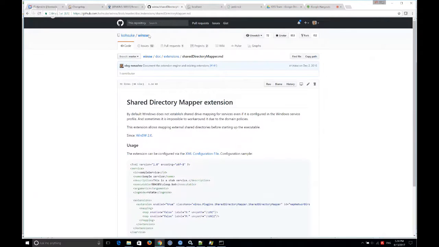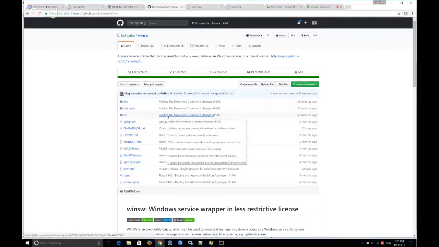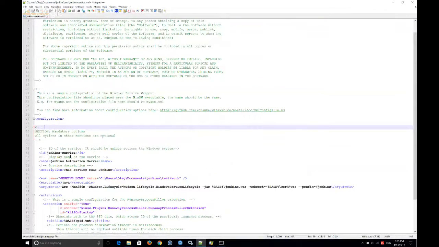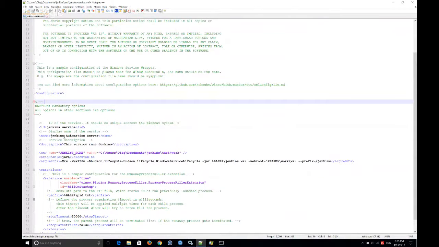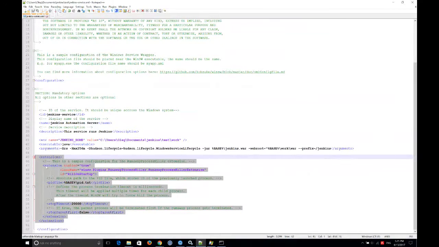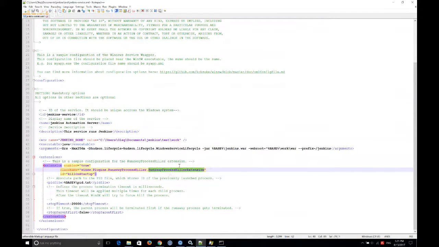So let's go back to our system and finally try to start something. Here's a configuration of Jenkins service. This is an XML file which is configured for Windows Service Wrapper. In your instances, you also may see such configurations. This is a kind of sample configuration which you may see in Jenkins 2.50 and beyond. This sample configuration includes an additional extension definition, which just invokes runaway process killer, which monitors runaway processes and terminates them